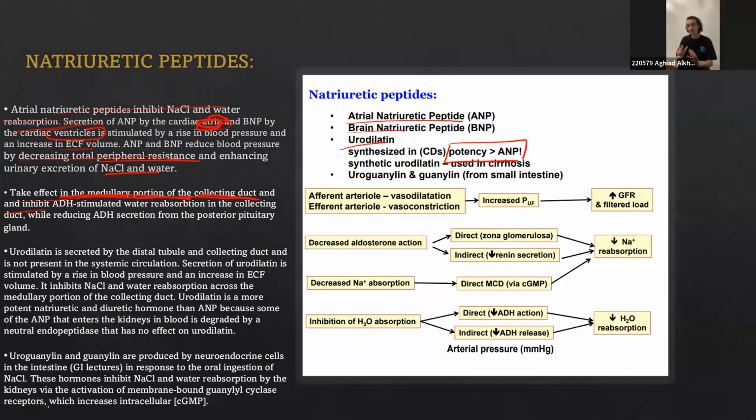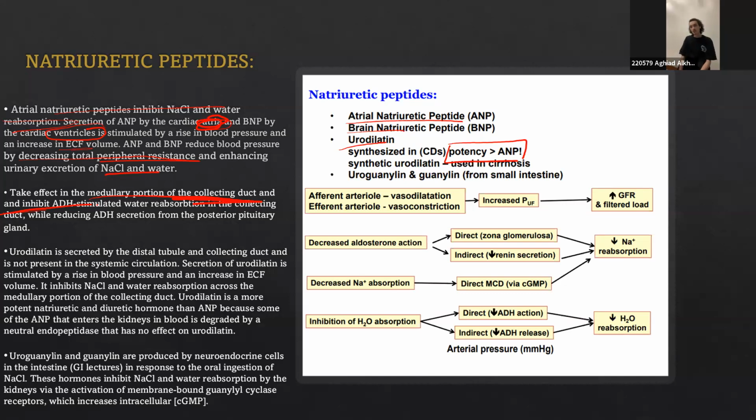So this is basically it for the natriuretic peptides. They help us excrete salt and water, while also decreasing the resistance in the arteries. And they take effect where? The medullary portion of the collecting duct. They also inhibit ADH, obviously, because you don't want to blunt the effects of ANP with the presence of ADH. Because if ADH is trying to retain water and ANP is trying to decrease water, what benefit is that? So it also inhibits ADH